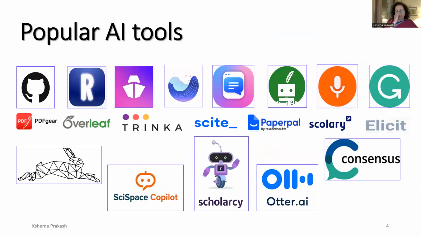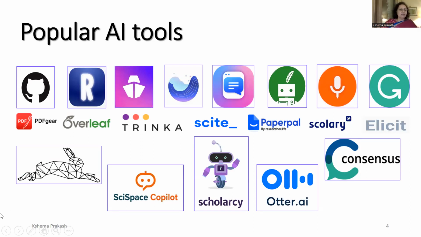And then there are some specific tools that the scientific community would like to use, probably for generating concepts. Let's say we throw a particular topic and we request what kind of research can be done in that topic. Maybe some tool like Consensus or Elicit can throw up concepts, and it can say these are all the concepts and these are all the areas in which you can develop research concepts.